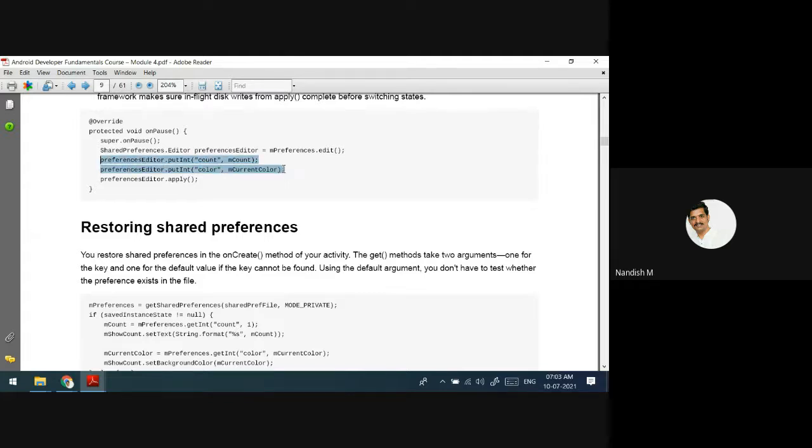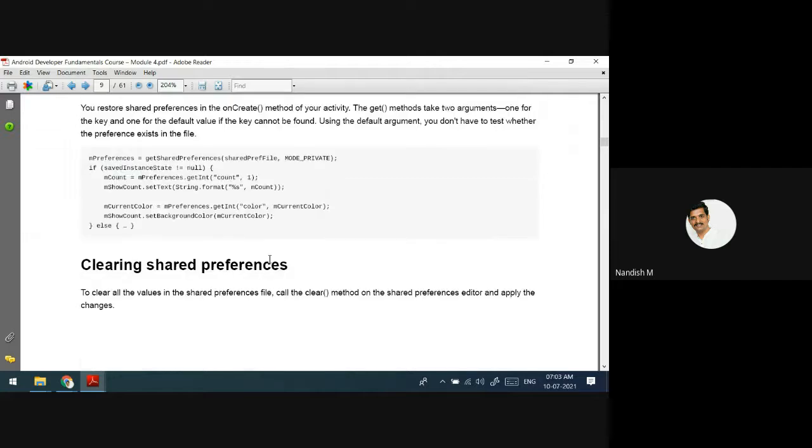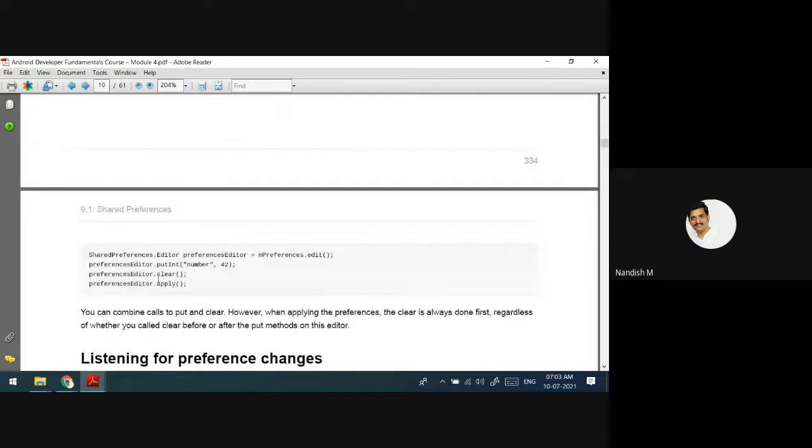Now, if we want to remove these two, we want to clear it. In order to clear, there is a function called clear and then apply. If you do these things, first it is going to remove all the data we have stored, key value pairs, everything will be removed and that will be applied.